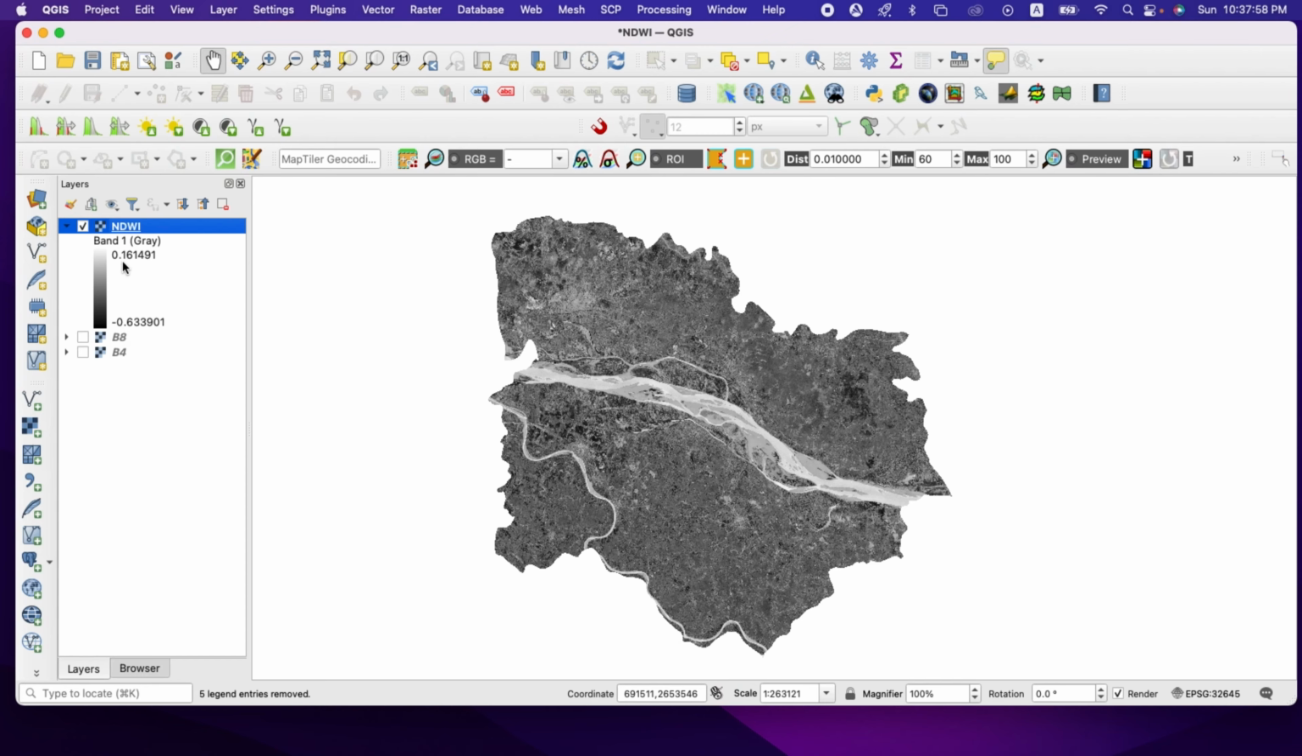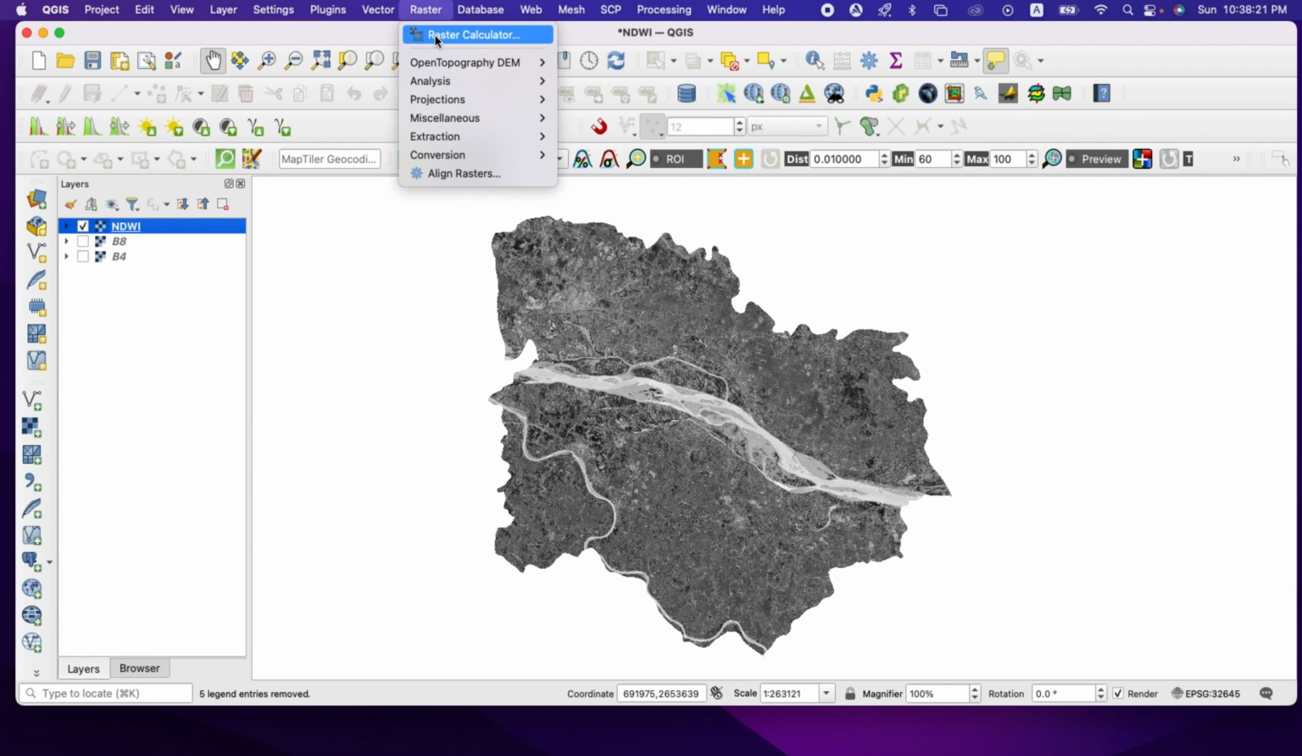to 0.16, and we know that a value greater than 0 is water body. So in that case we need to calculate again to see the water body, using the raster calculator,